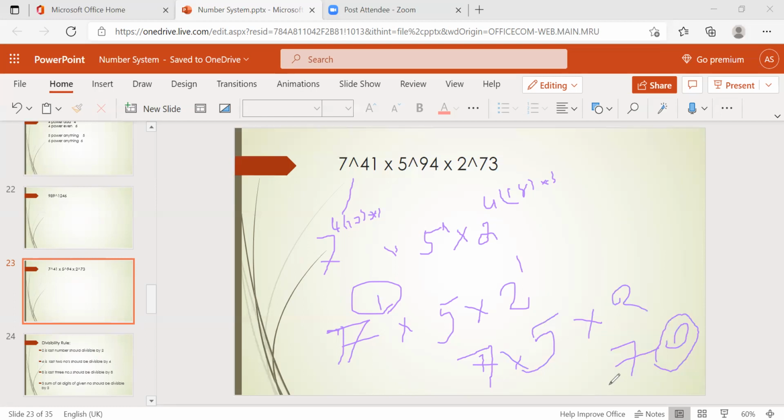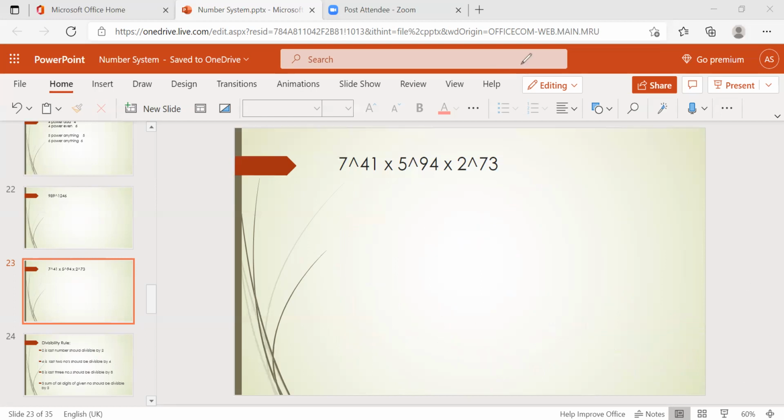Okay, I'll say one more simple trick to solve these problems. Solve this problem. See, find out. So this is unit digit 2. Okay, I'm just clearing this. See, 7 power something they given, and 5 power 94 they given. I said 5 power anything is 5 only, right? 5 power anything is 5, right? And into 2 power 73. So 2 power 73 or 2 power 780, whatever the number, will get the unit digit numbers.